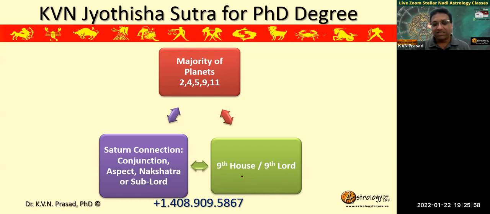If a planet is placed in the ninth house and the ninth lord has this combination. Okay, that is rule number 2. Then rule number 3 is